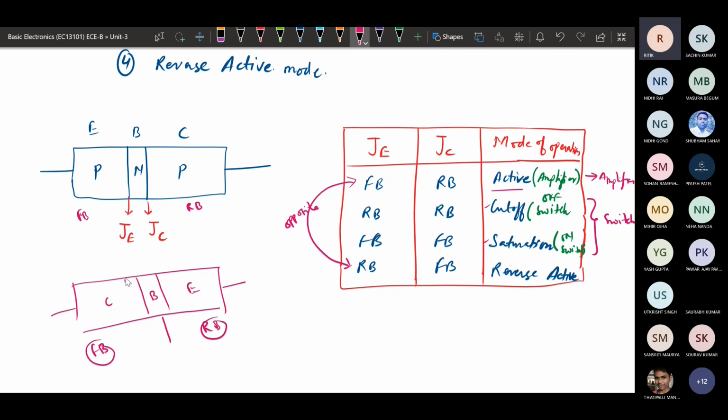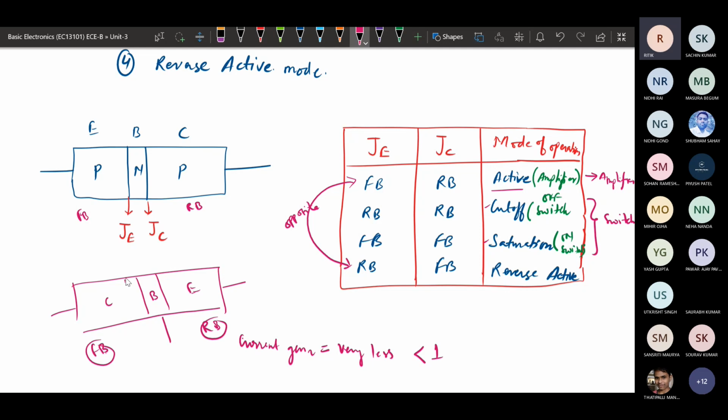It will behave like a transistor, but in this case the current gain is different. One of the parameters we find for a BJT working in a particular mode is the current gain. The current gain in reverse active mode is very low, even less than 1.